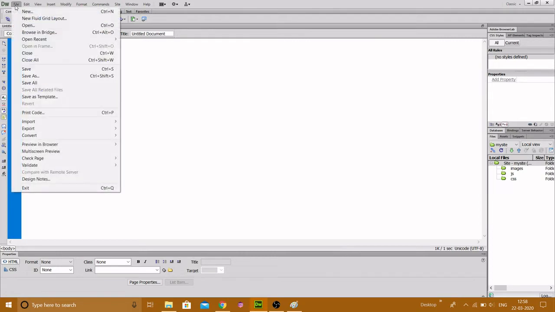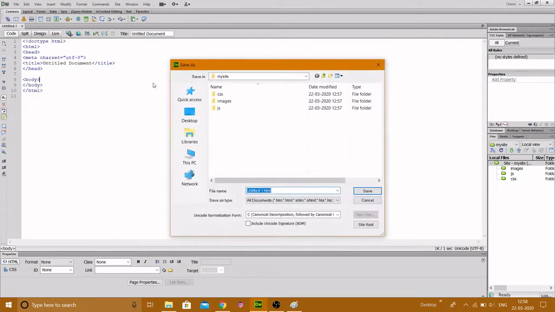And when I'm going to save it, it is asking me where I want to save it. I'm giving it the name index. Why have I given it the name index? Because Linux servers pick